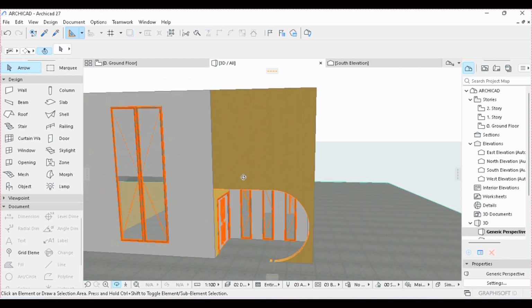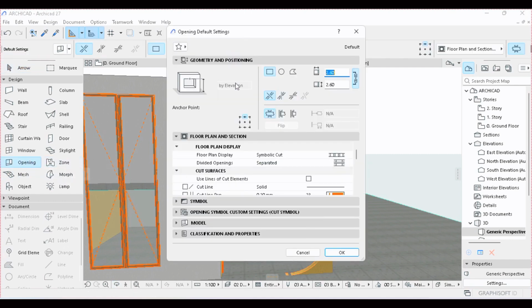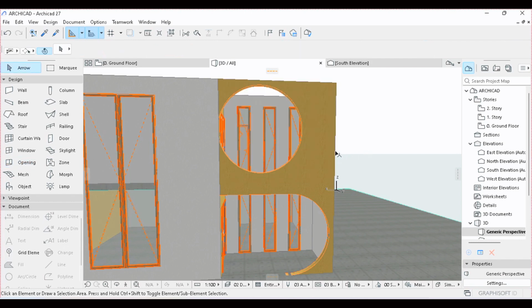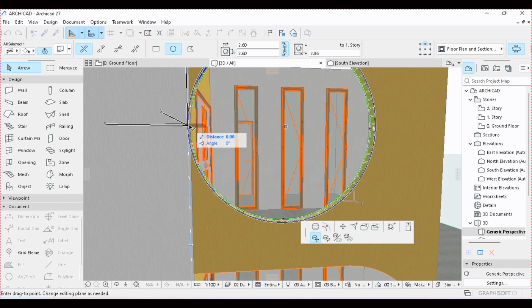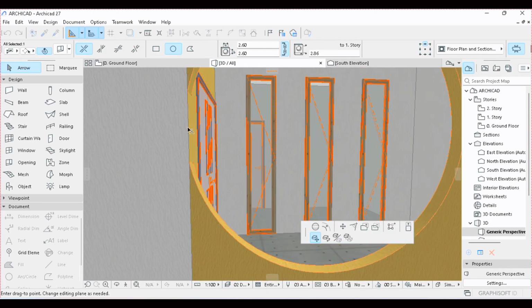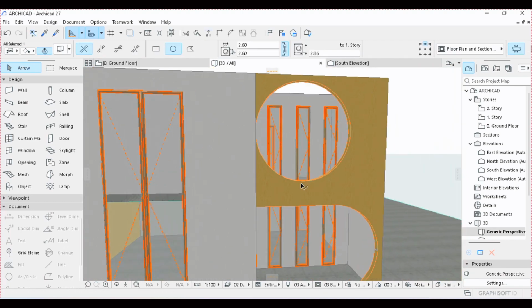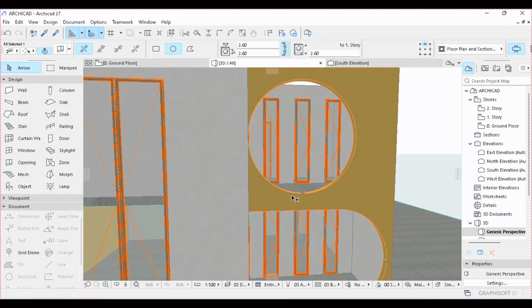And on the first story, we are going to redraw the S. So I'm just going to activate the opening tool and choose O, which is 2.6, and try to place O this way. I'm going to have something like this, and I'm going to drag and adjust it to fit the wall. And I want it to start where the slab begins below. So I want it to start here,